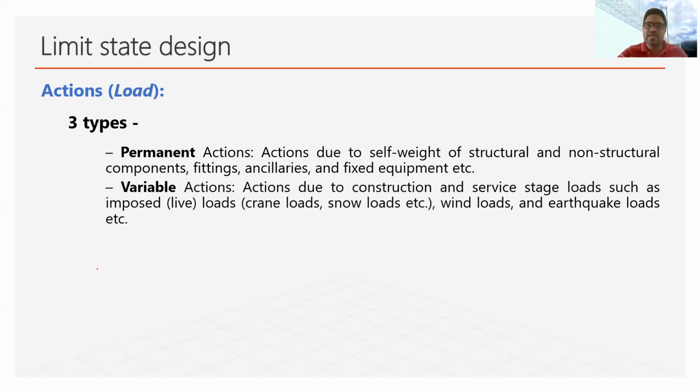Similarly, another load can be variable load, which means it may be varying in its magnitude and quantity. So those variable loads can be live load or crane load. Crane load can be in case of industry. In industry, there are some cranes which run on the structure column. So those crane loads can be considered under the category of imposed load. And snow load in case of hilly area. Wind load again may have varying magnitude. Similarly, another very important load is earthquake load. Earthquake load is also of varying nature.